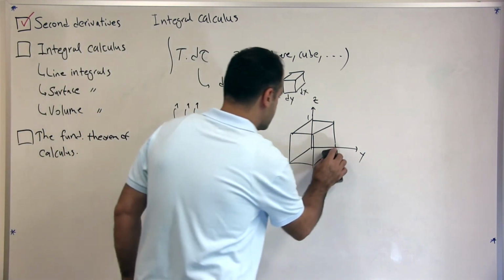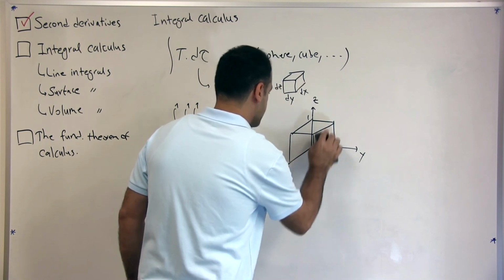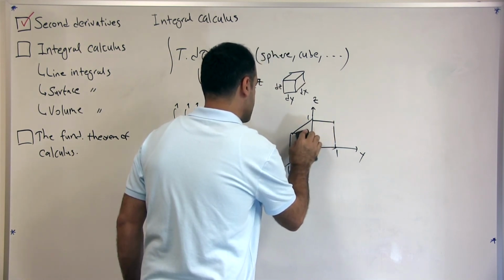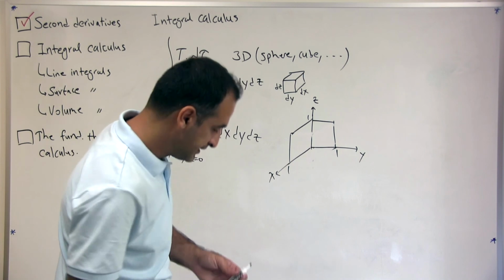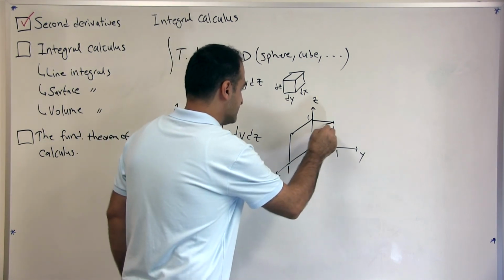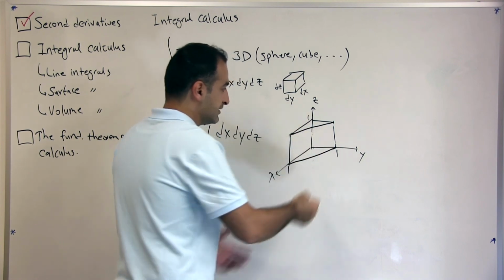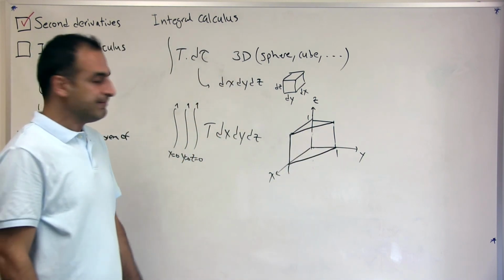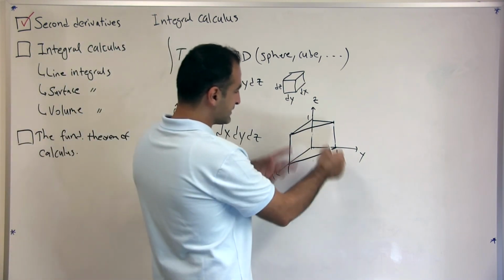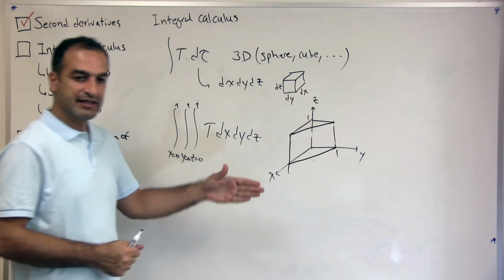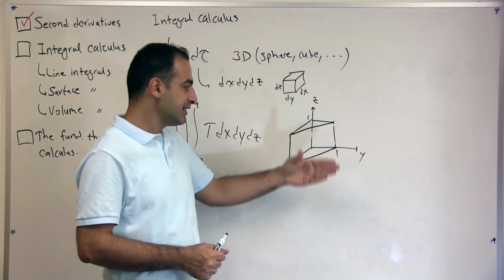So we don't have these straight lines here, okay? Imagine you cut that cube this way, okay? So this is still a three-dimensional shape. In a way, the limits are still 1,